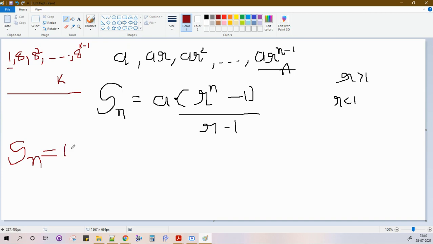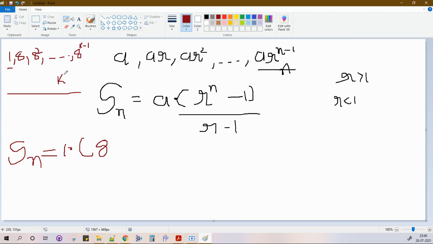First term is nothing but 1 multiplied by r. So what is the ratio? 8 divided by 1, ratio is 8. Yes or no? 8. I multiplied by 8 every time. So the ratio is nothing but the term divided by the previous term. 8 square divided by 8 is also 8, right?